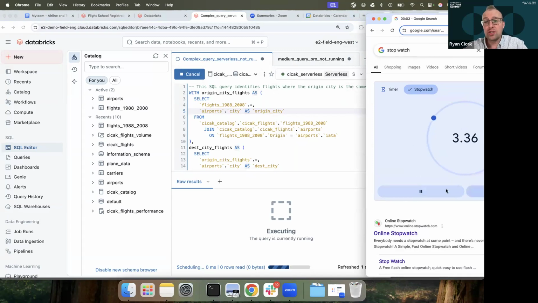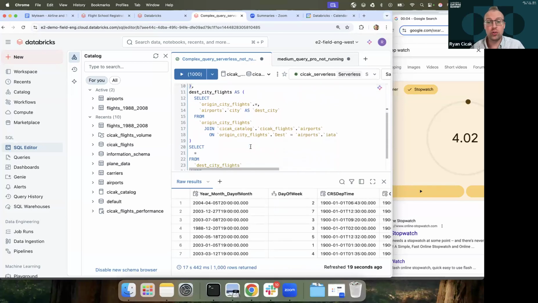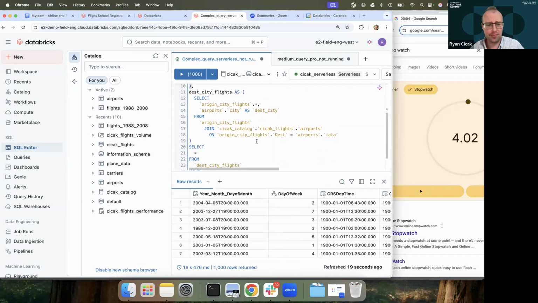And you can see, boom. Okay, so that was less than 3 seconds that the warehouse is up and running. It's in a start state. Okay. And the query is now executing. As I said, this is a very complex query over billions of rows, and that took 17 seconds, start to finish, which is impressive considering if I try to do a query that is not nearly as complex on Pro,